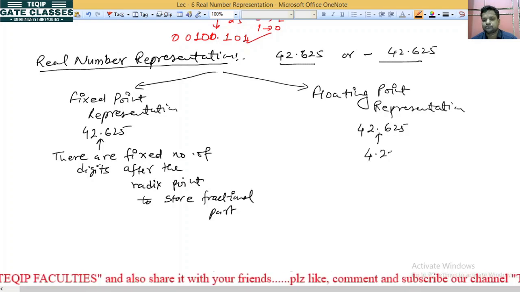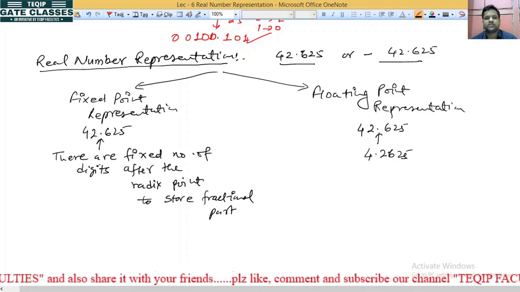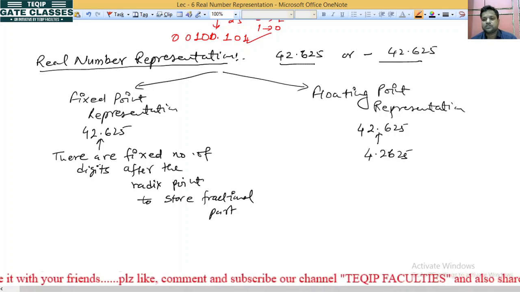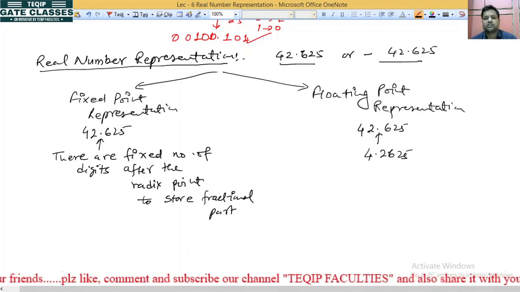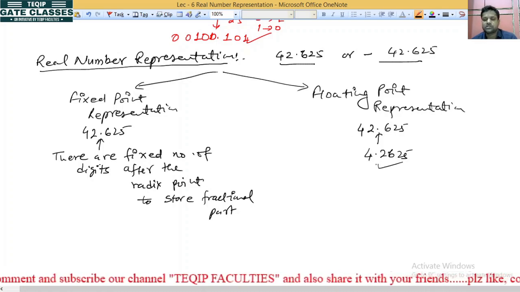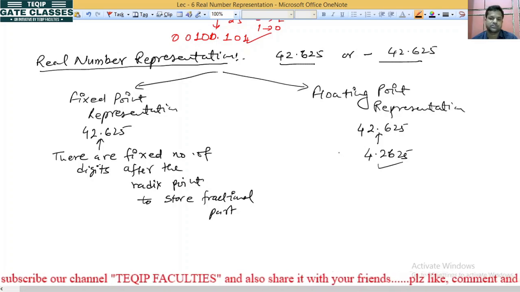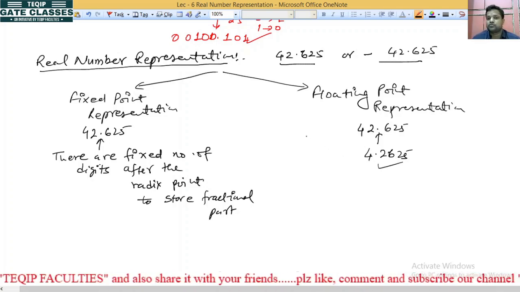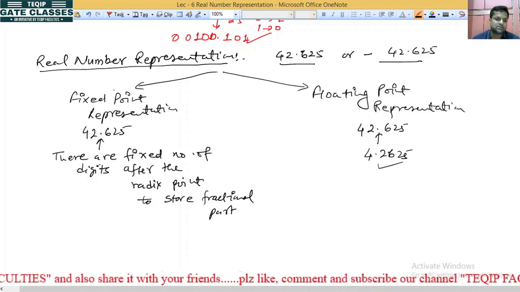We can write like this in this case, floating point representation. It means that this radix point is floating in the left side, है ना, that's why it is called as floating point representation. float करता है, तैरता है ना, can move, but in this case